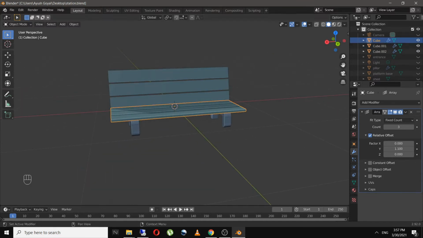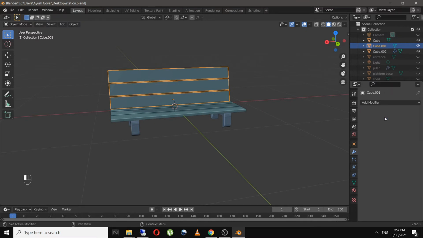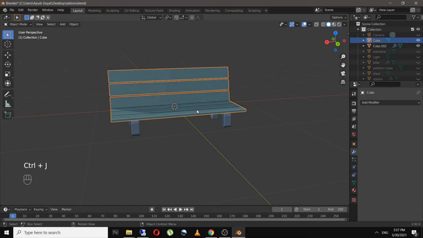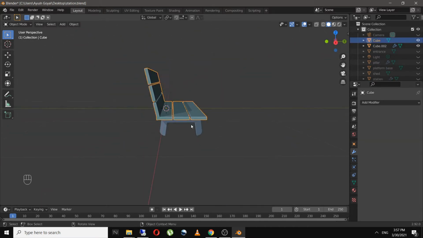That is because we haven't applied the array modifier. So in modifier I'll go to apply and I'll apply these two, and now I will join. As you can see these two are now joined, and I will rename these as well.